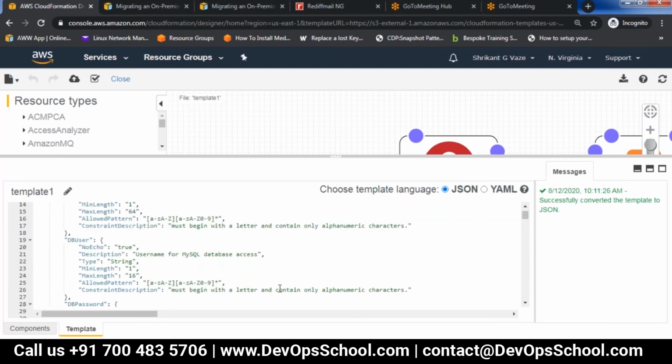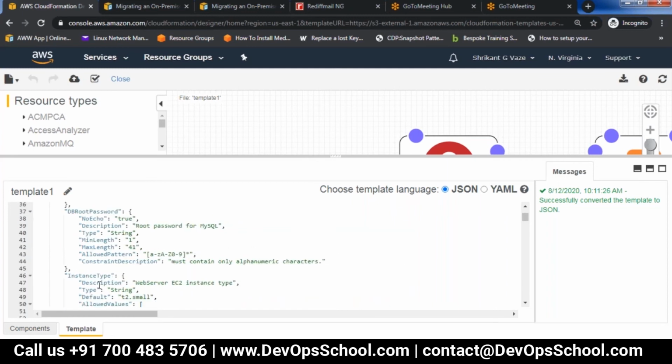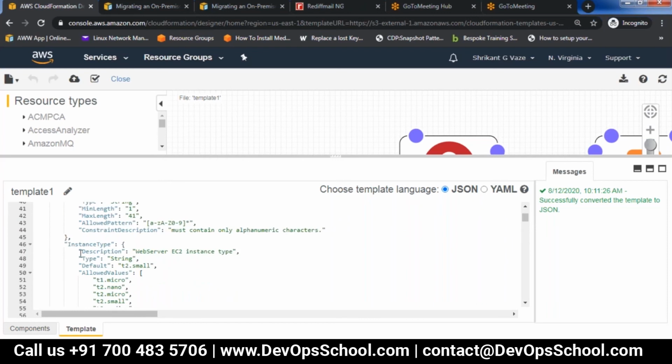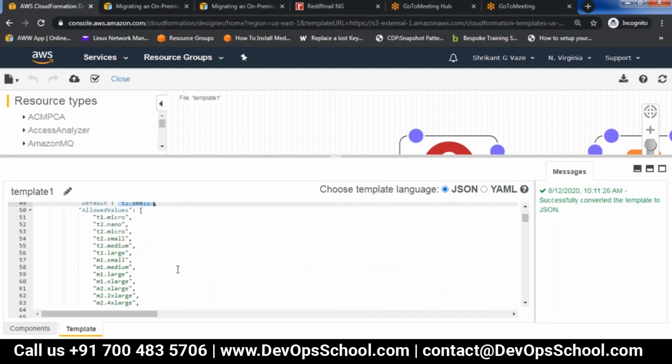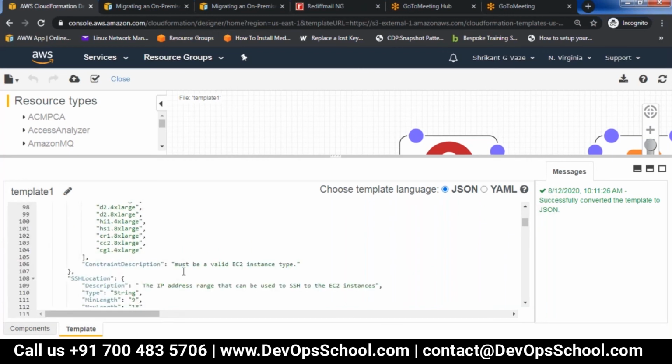DB username, because it is going to install MySQL database software on that, and for that it is going to create one DB user. DB password, then DB root password, then instance type. Here the default will be T2 small, but there will be a drop-down and you can select whatever type you want. These are all in the parameter section.